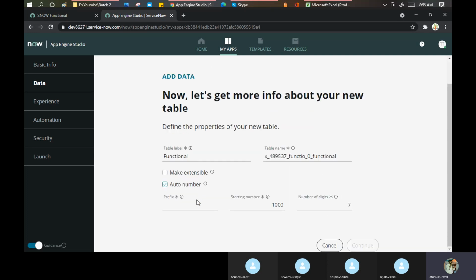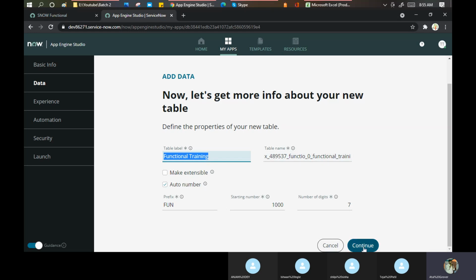Click here. What auto number should be there? I say it should start with snow 1007. So this is correct. At least the table name should be like this only.